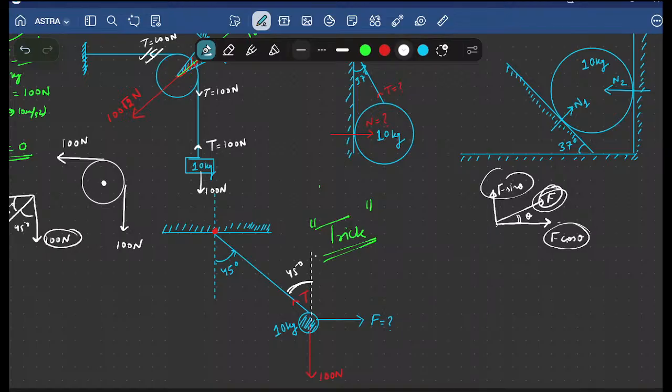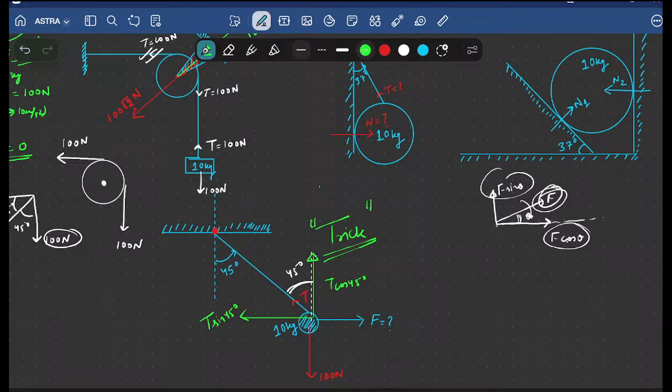So this is F. If it is making some theta angle with the line, then the component which is along the line, along that side where you are seeing the angle, is F cos theta, and if perpendicular to that, then it is sine. So I can simply write the components of tension like this. I can break this tension into two components. One is T cos 45 because I am breaking along the theta, and this component will be T sine 45. This is a long-cut method, but still I am saying because you should connect the things.